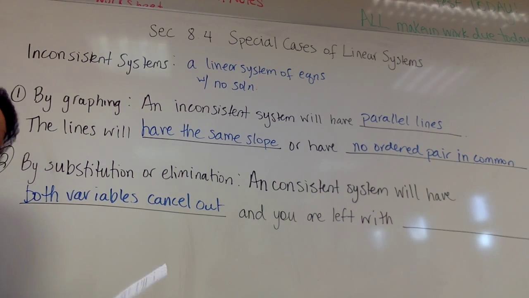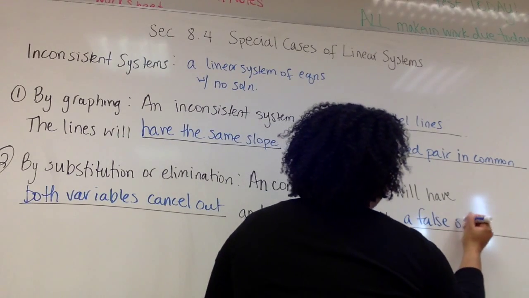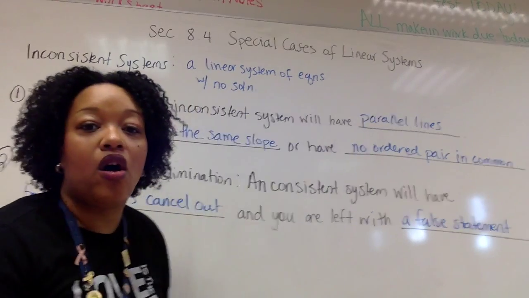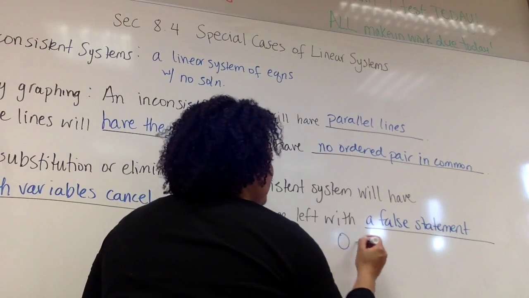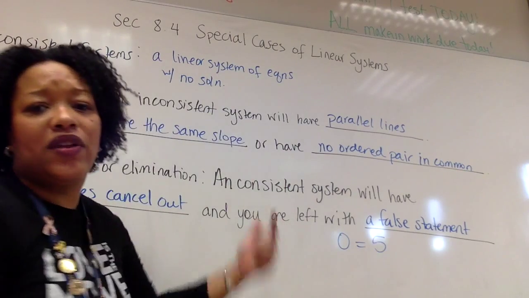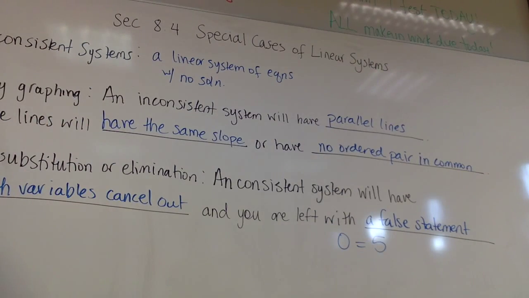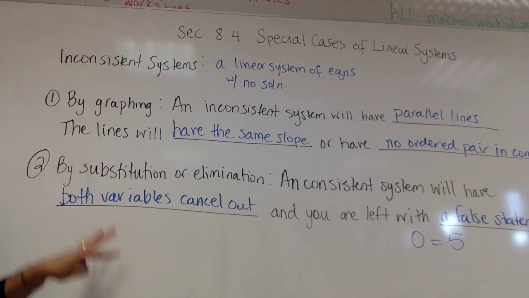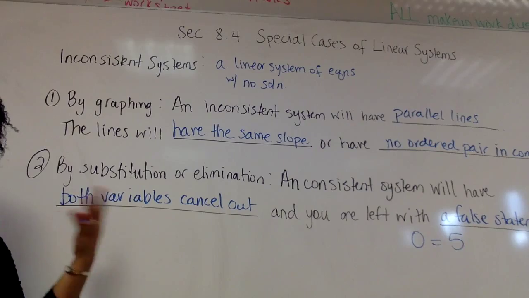And you are left with a false statement. What does a false statement mean? That means that when all of your variables cancel out, you're going to be left with something like 0 equals 5. You know that's not true. That's a false statement. So when this occurs, that means that you also have an inconsistent solution. So make sure you write this down, fill in your blanks, because this is what you'll need to know to identify